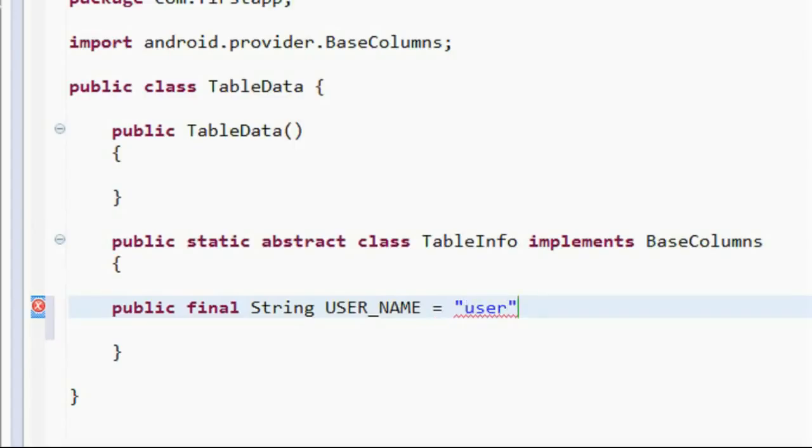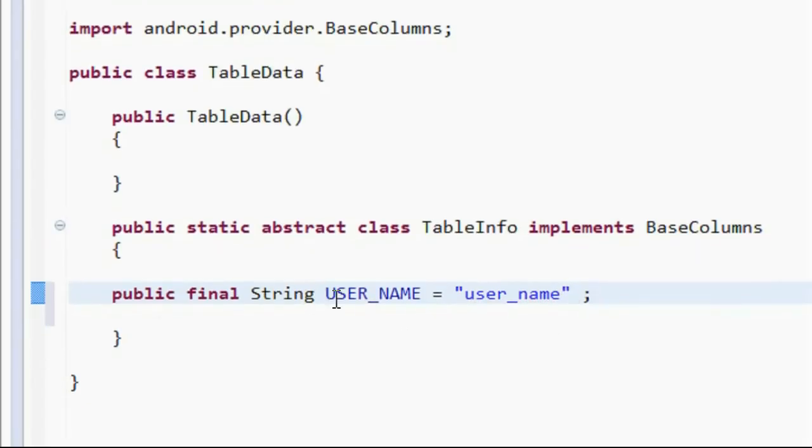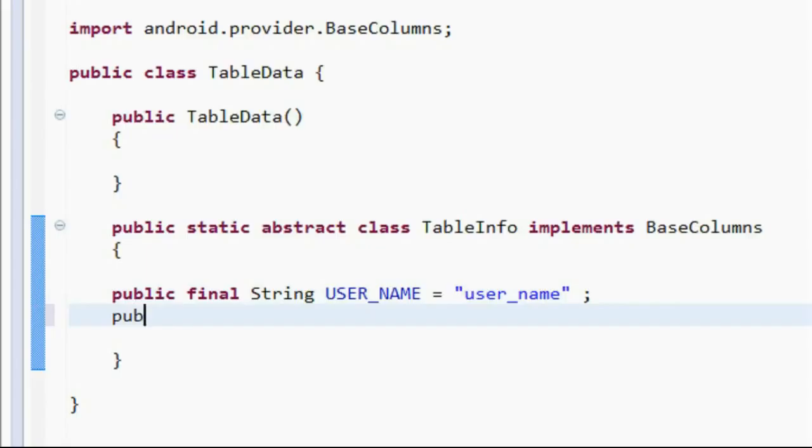I initialize this string with the value username. This one is the actual name of the column in our table. This acts as a key, and the second column name is the user password. So final string